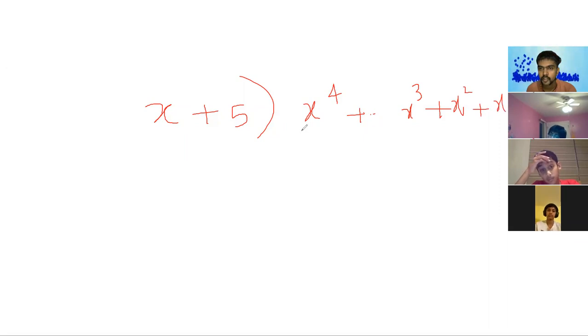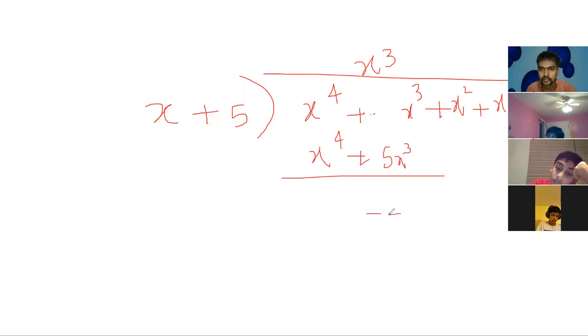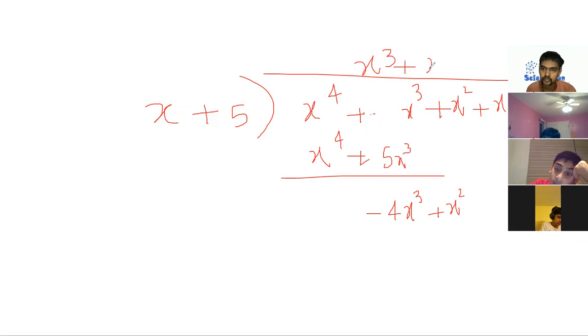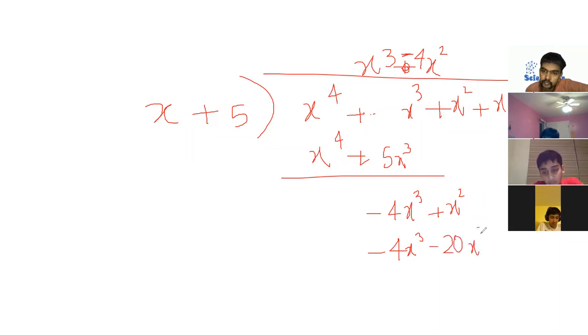plus x square plus x plus 1, right? Can you knock off x power 4? Yeah. So what do you get here? Can you knock off x cube here? Yeah, you can knock off x cubed. What do you take here? In order to knock off x cubed, you would multiply it by x squared. You want to knock off minus 4x cubed, right? So what you have to multiply by minus 4